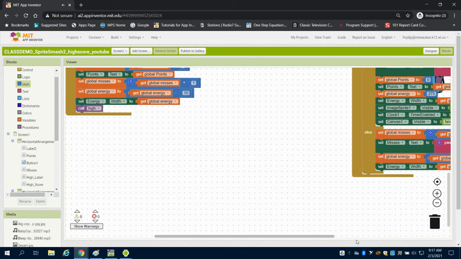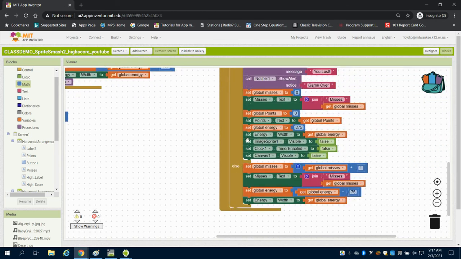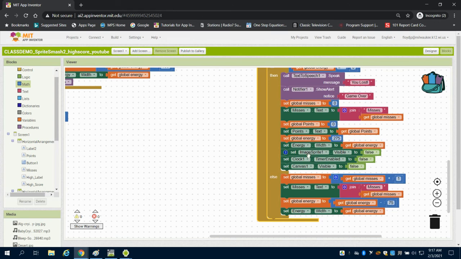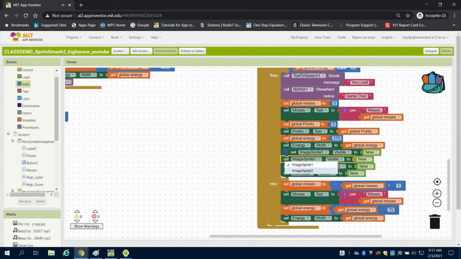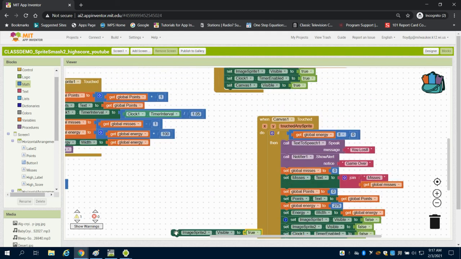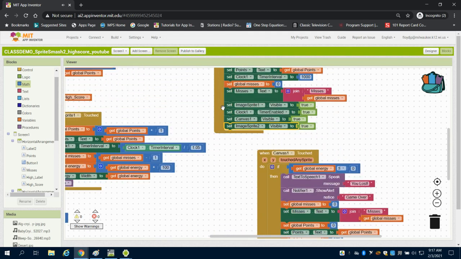So if I come over here, we probably want to set this image sprite. Well, I don't know if it actually duplicated. It didn't. We're going to duplicate this. There we go. Drop in our new. We're going to set image sprite 2 to visible to false. So that means I'm going to duplicate this again, and I need to set it to true on the reset button. Now,